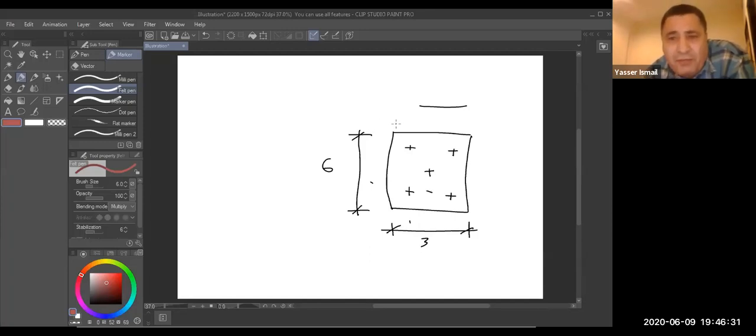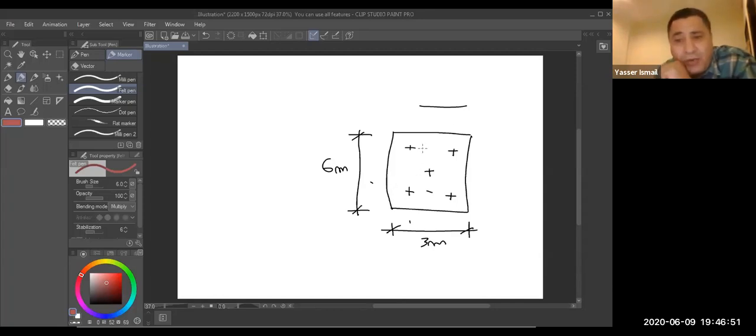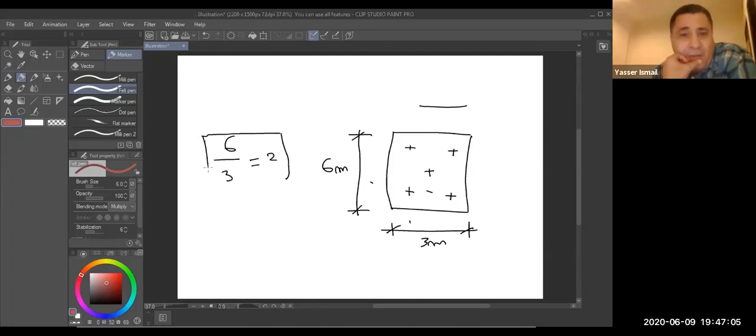So if you have a multi-storey building, ground floor and 60 floors, and you are living in the 60th floor and you are moving on the slab. This slab dimension is 6 meter and 3 meter. In your opinion, the load is going for what? The load is going in 2 directions or 1 direction? For sure, 100%, we have 6 divided by 3 equals 2. Length divided by width is equal to 2. That means the load is going in 2 directions. Any load, it will go in 2 directions.